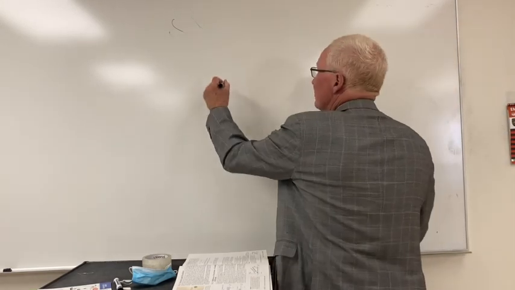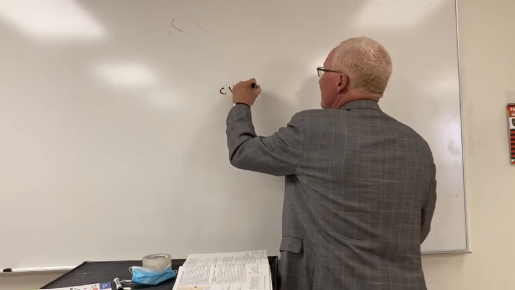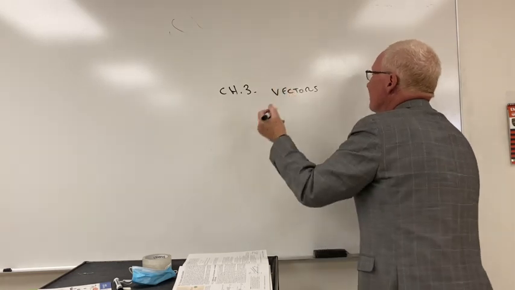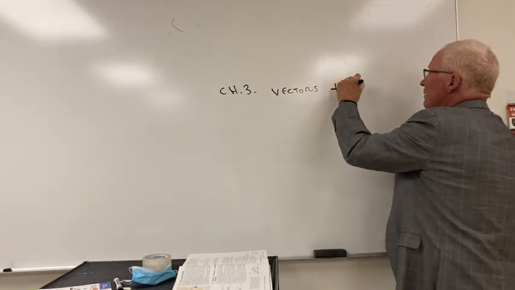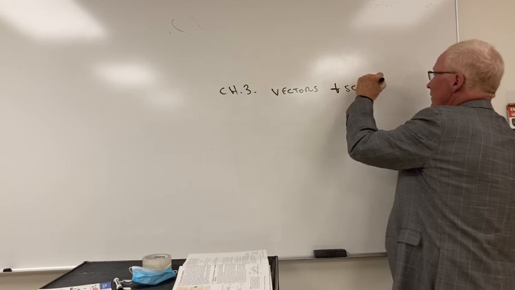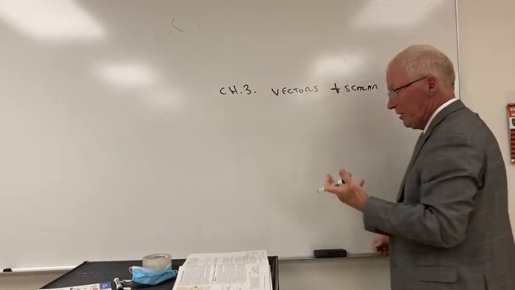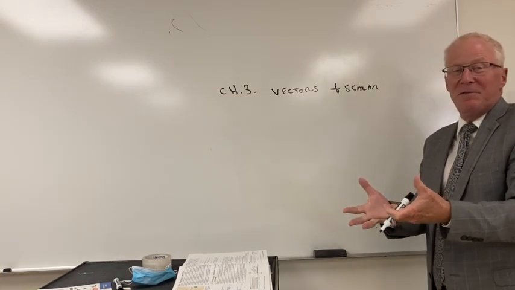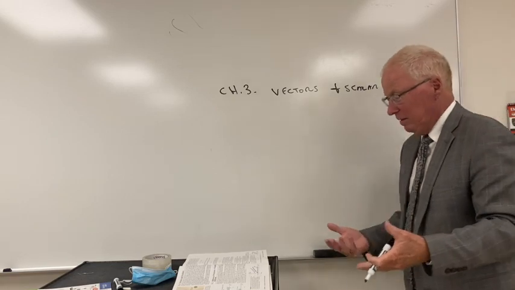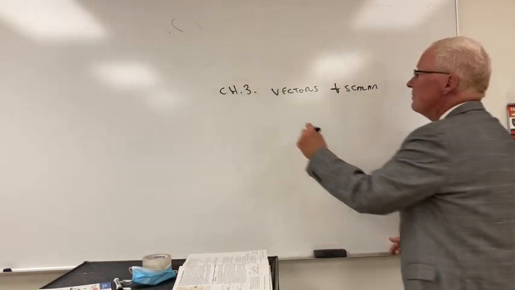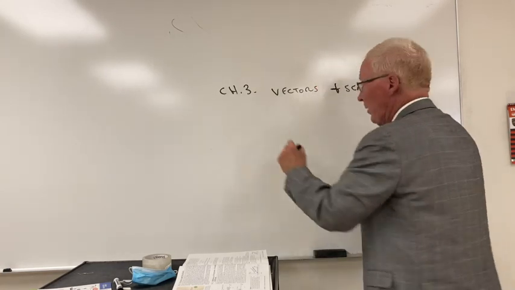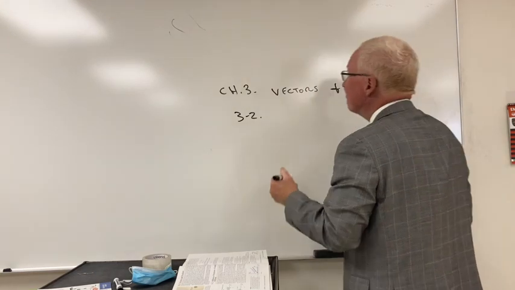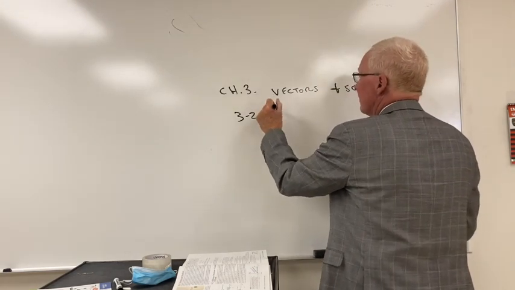So I've done the lectures for chapter 3. The main thing is vectors, and the difference between that and a scalar. A vector has a direction and a magnitude, like a force, while a scalar is just like kilograms. Something is 10 kilograms, it doesn't matter where it is. For this, we'll be going over section 3.2, the definition of a vector,